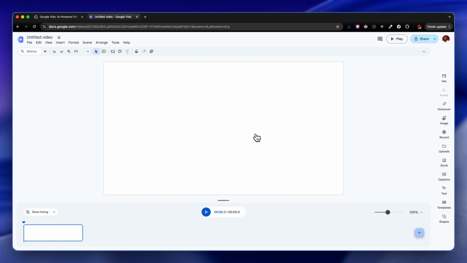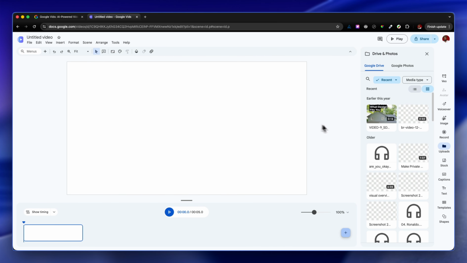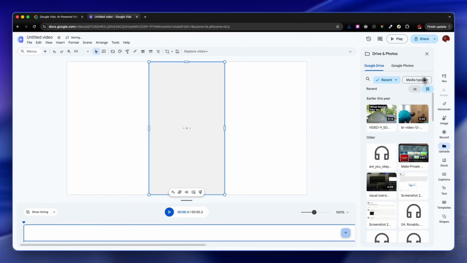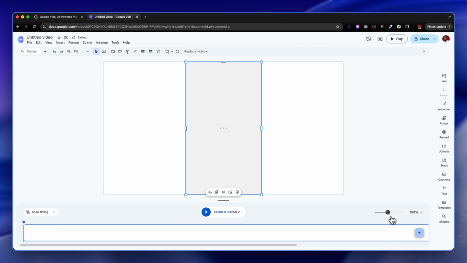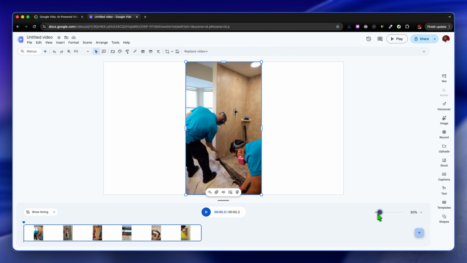Now what you want to do in Vids is find the video that you want to adjust the play speed for. Now we're going to use this video for the purpose of this tutorial. Let's decrease the timeline. Now once the video loads, right on the video you can see at the bottom right